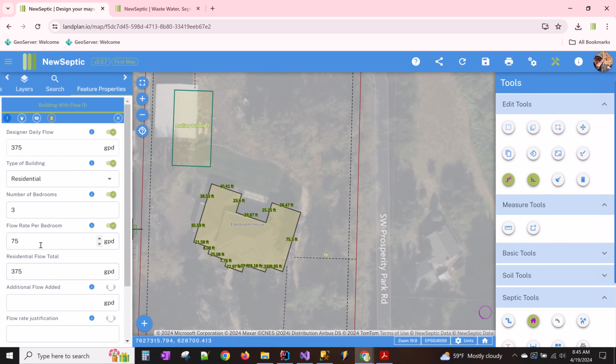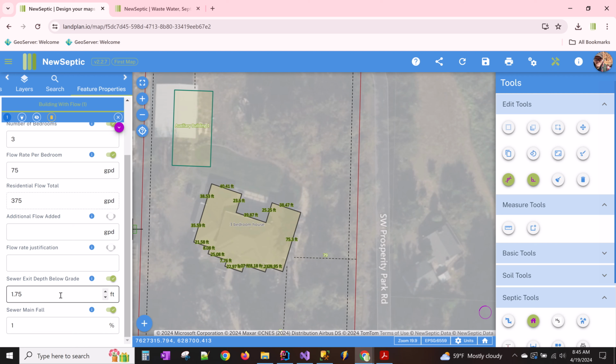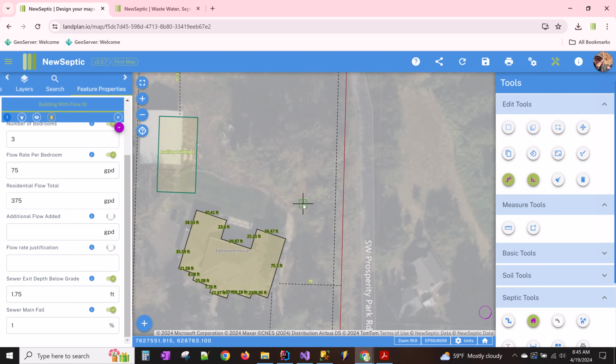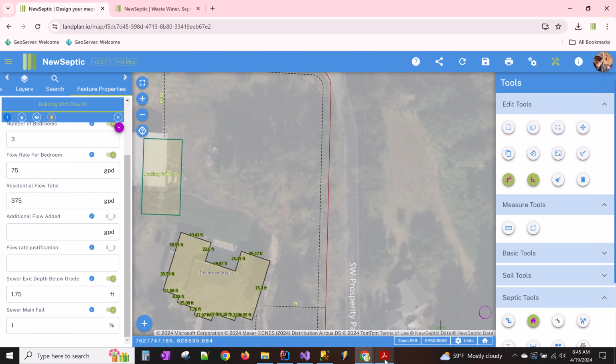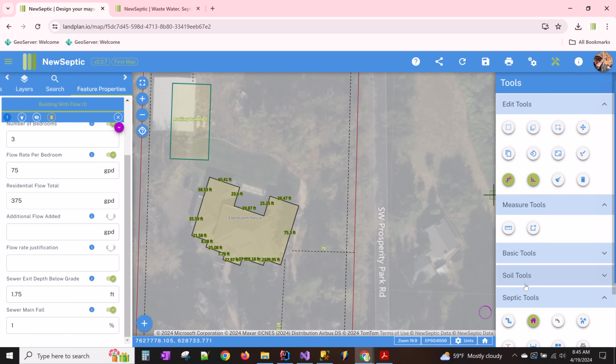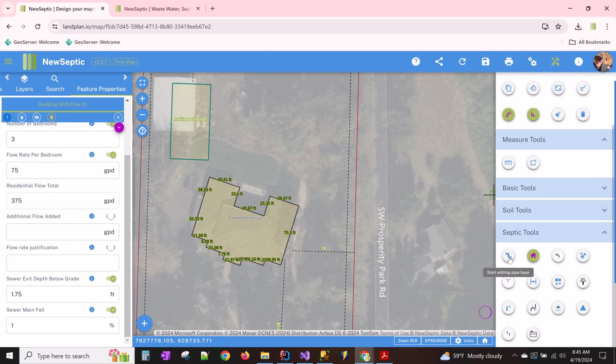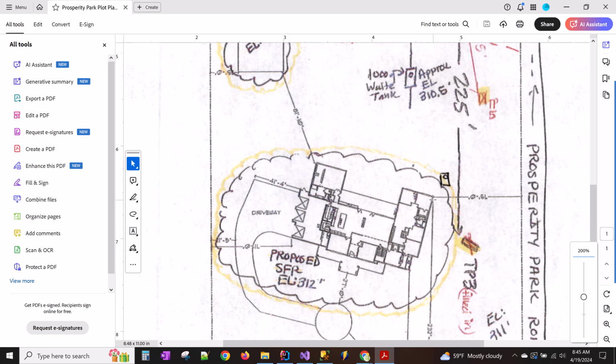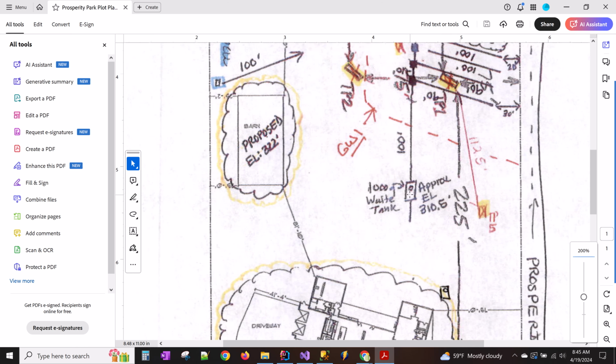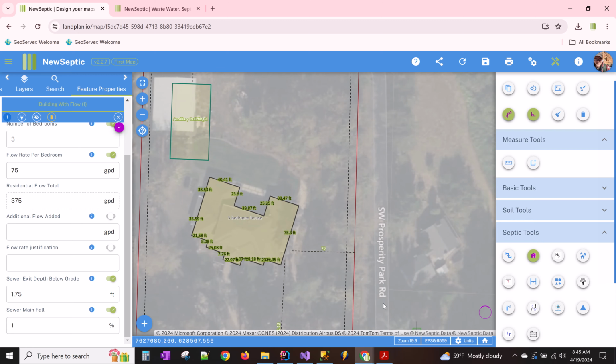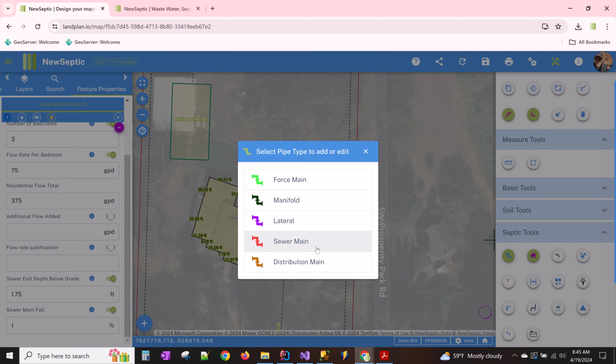You know, we have a flow rate of 375. We have our existing sewer exit estimated below grade. So this is pretty much a good way to get started, but you can check out more of our septic tools. Like if I want to just maybe draw where the sewer main is. So we have a 1,000-gallon tank here, and what we can do is you could do sewer main,